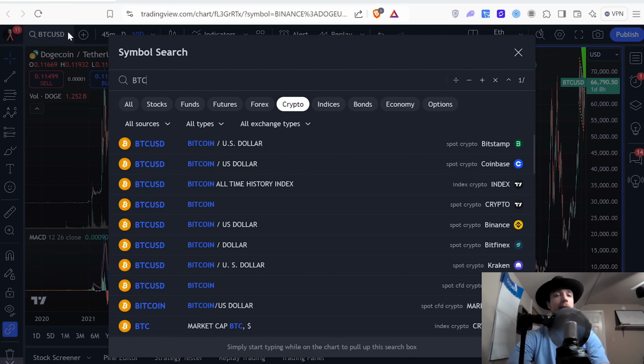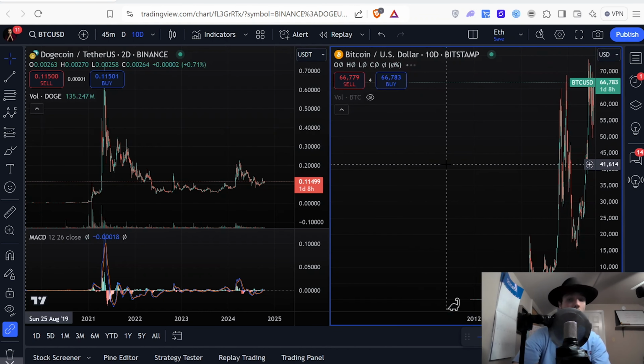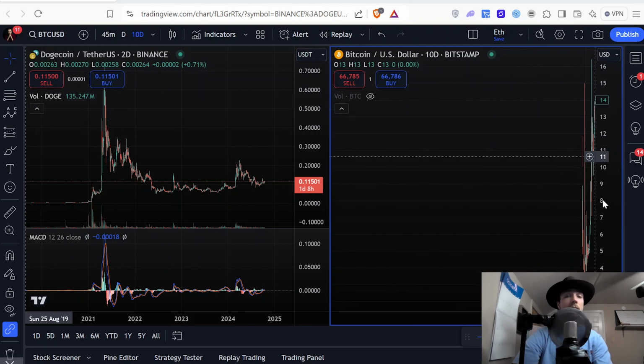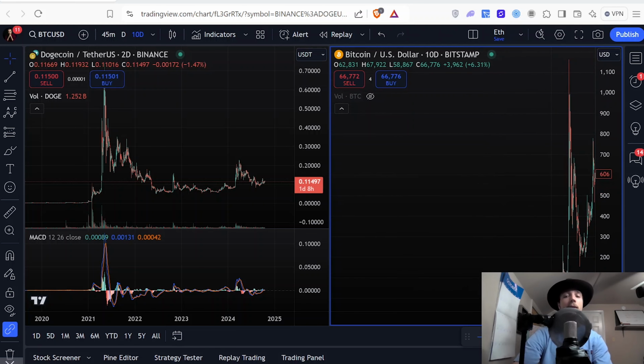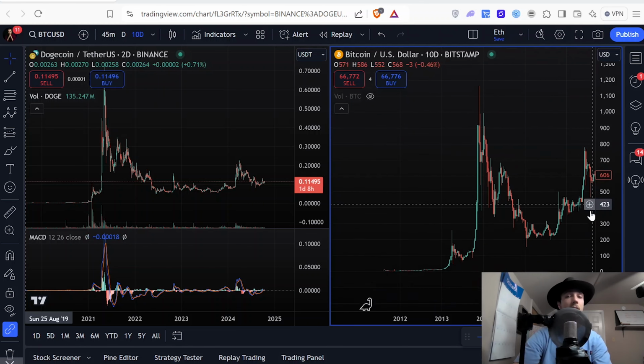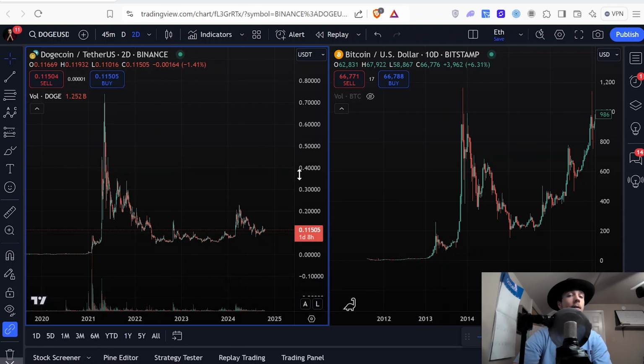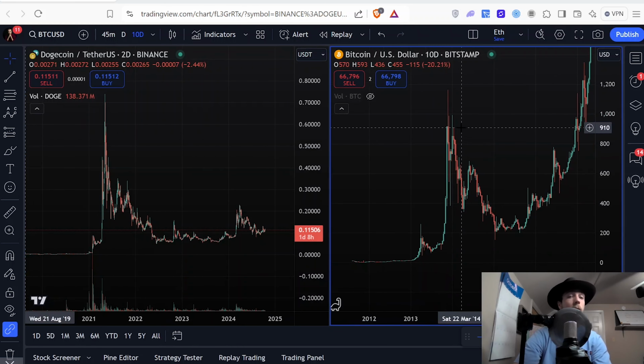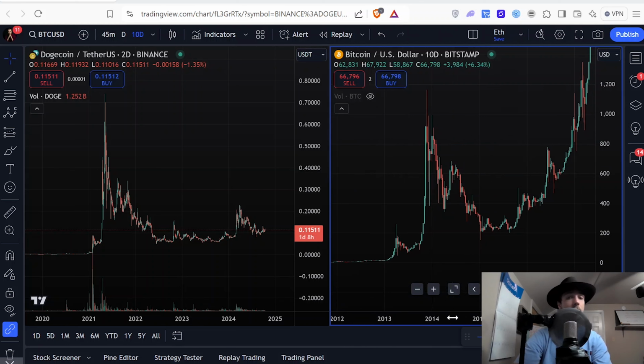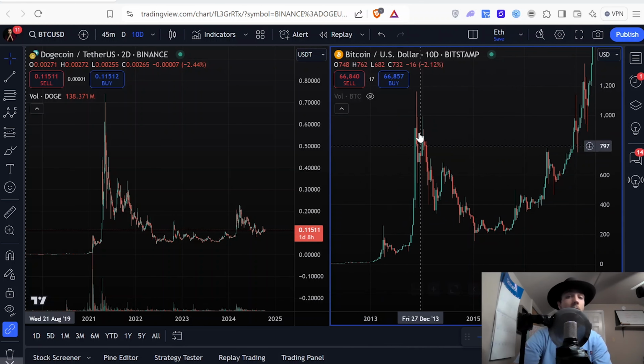Let's pull up Bitstamp, where we have the historical data. On Bitstamp, you can see how Bitcoin looked exactly like this back in 2015 and 2016. An identical pattern occurred here on Dogecoin as Bitcoin back in the day. It's the same exact thing: the same 5 waves up, ABC down, sideways consolidation, breakout, pullback, and a whole new